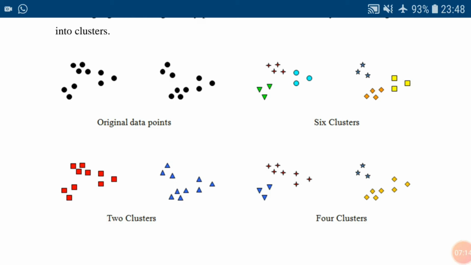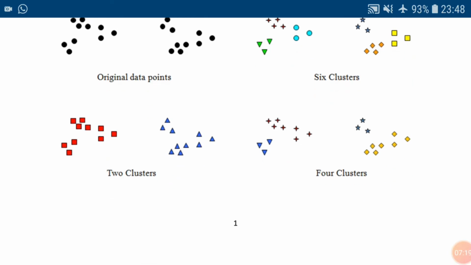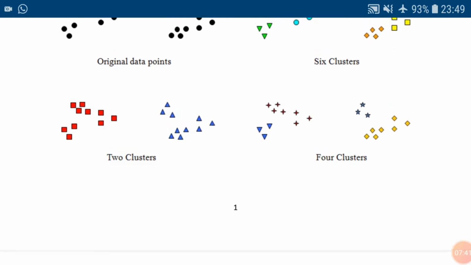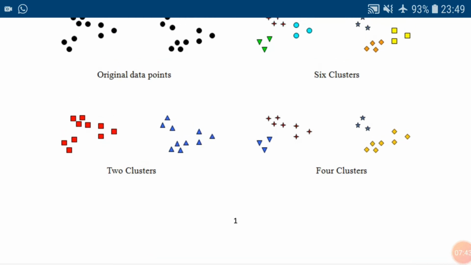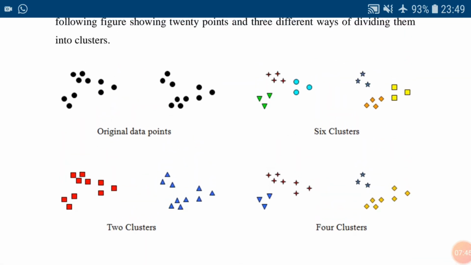So we already divided, so the data can be divided into 6 clusters. Next, data can be divided into 2 clusters. Next, data can be divided into 4 clusters. This purely depends on the nature of the data elements, that is, the shape. The nature may be different. We will see further that the nature may be the density, or other different features, hierarchical features. Based on those features we will divide the data into different clusters.